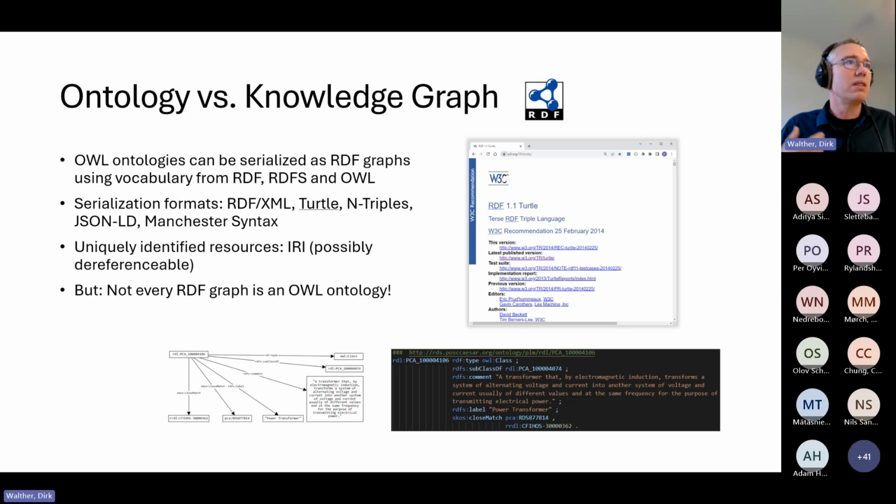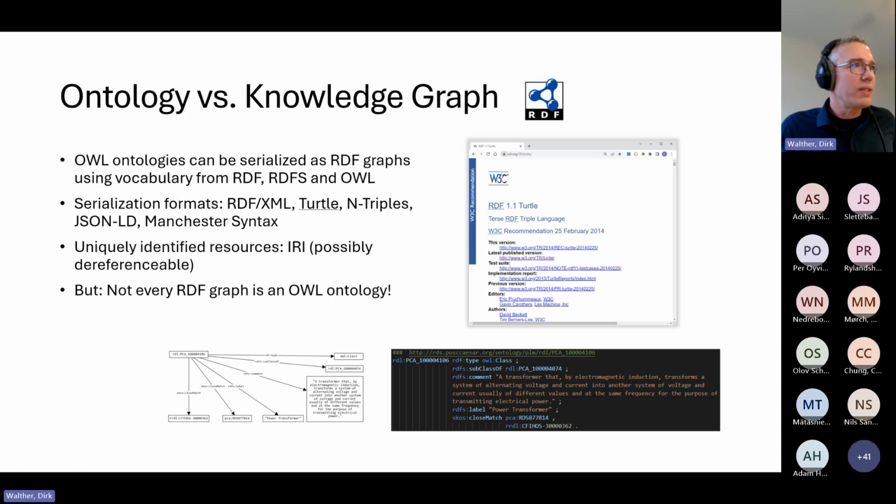There are different vocabularies made available, also standardized by the W3C, that we can use to create these RDF graphs from ontologies. There are different formats available. We are typically focusing on the Turtle format, again standardized by W3C, and it will look something like that here on the bottom right. An RDF graph example you find here on the left.